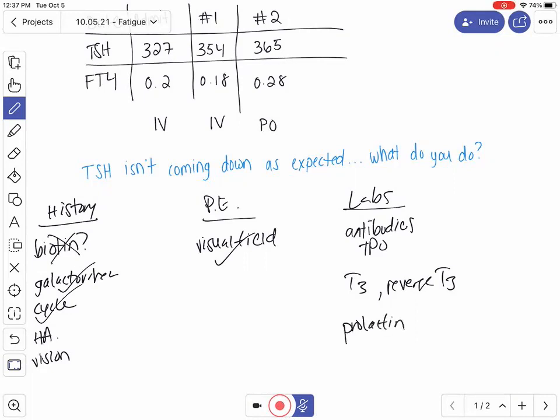Okay. I am going to also give you a little bit more information. Admittedly, this patient was on my service and I probably did not do as good a job asking her questions as I should have. But I'm going to show you some representative information that our endocrinology colleagues were able to get from her. When she wasn't responding as expected, Endo and our team said, okay, we maybe have to do a little bit more investigation to figure out whether there is a bigger pituitary process going on or not. And so